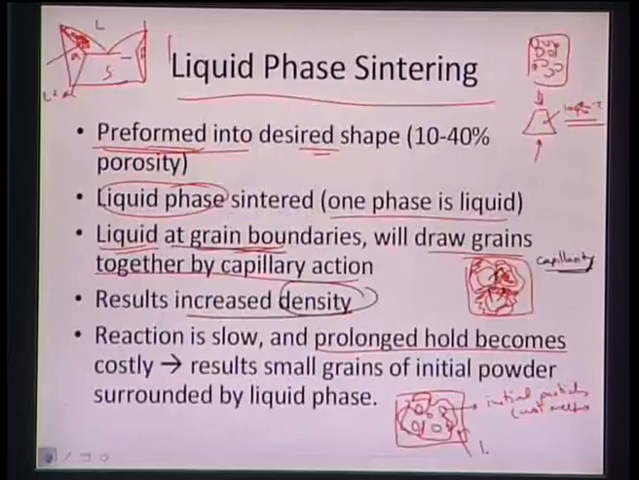So that is what is happening out here, that everything is now enclosed, all these particles are now enclosed in a liquid phase. So in liquid phase sintering, first of all we take the material or the component in the desired shape, which still has certain porosity. Then we start the liquid phase sintering, in which we take the material to a temperature where we have